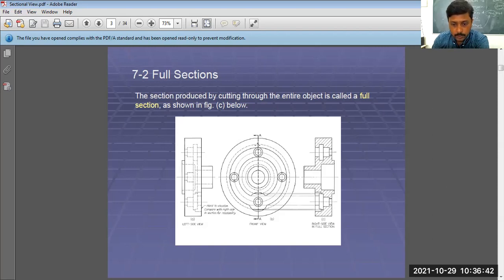We are going to cut this component completely. Okay, that is why it is called full section. The other things, that is half section, quarter section, these different types will be discussed further. Okay, the first and foremost important section is full section. As you can see here, I have written A. This is a sectional plane, and it is shown in a different type. Rather than a continuous line, I have used a dashed line for that.